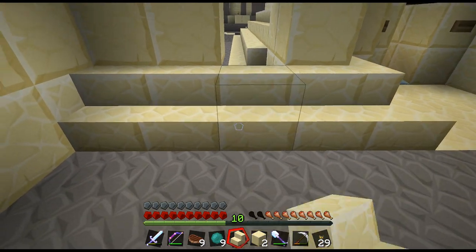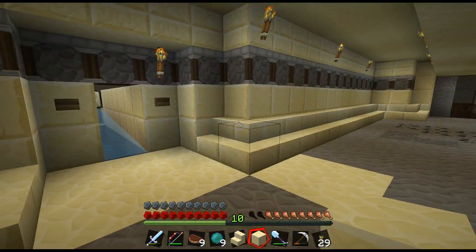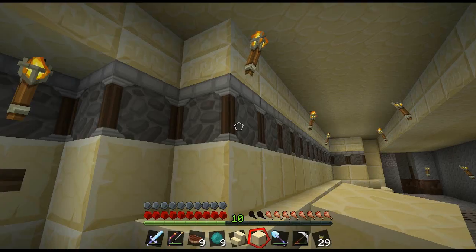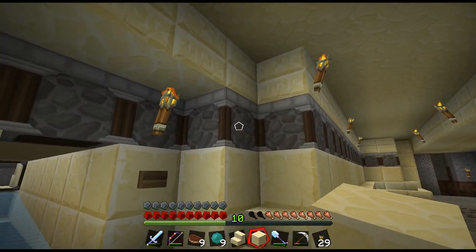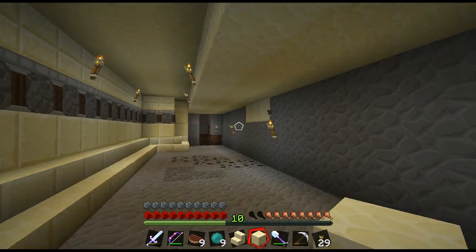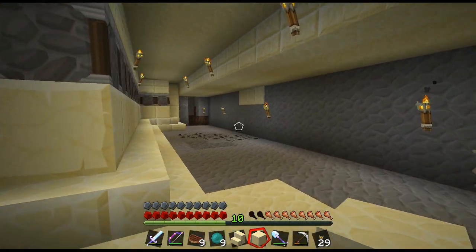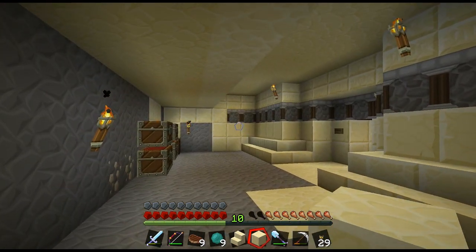So yeah, it produces a lot of sand. And the reason for the furnaces around the outside is purely for decoration, purely to keep this balance, because there's a dispenser here. So that's the sand generator. I hope you don't think I'm cheating for using it. I really don't think I am, because